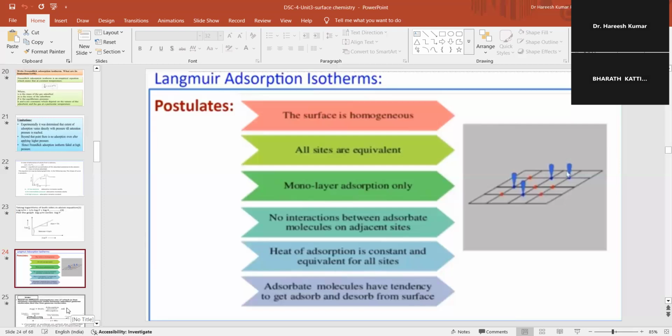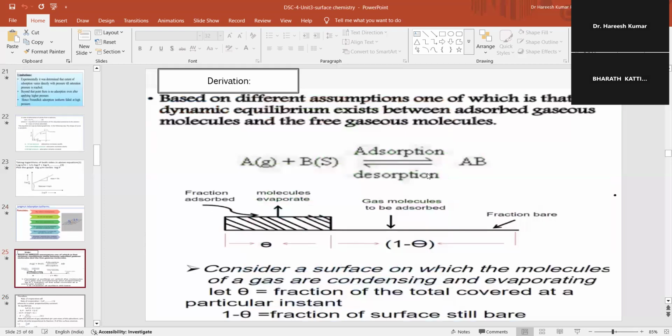So next I am taking the derivation for the Langmuir adsorption theory. Here I am taking A as the gas, meaning adsorbate, and B as the adsorbent, and they will be in equilibrium, adsorption and desorption. When these two are adsorbed, AB will be the adsorbed molecule. When this is desorbed,